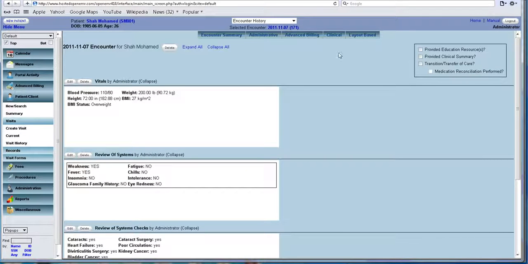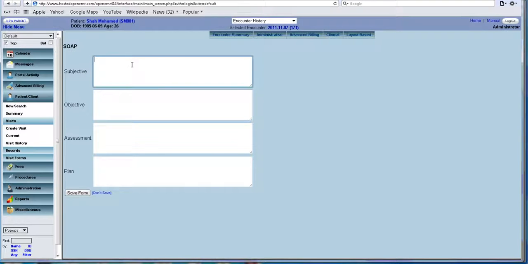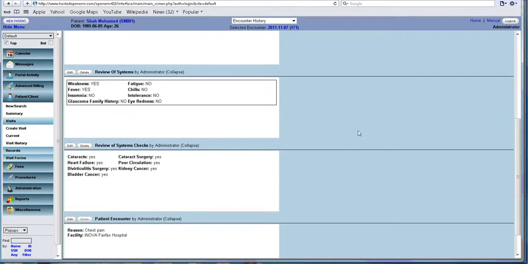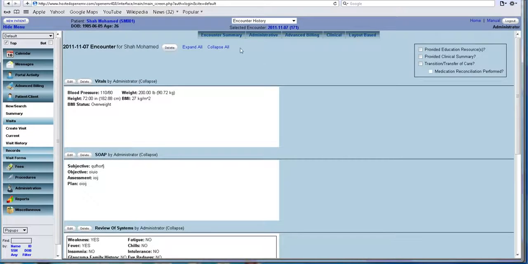Now, a simple straightforward way for most people to do it is to enter a SOAP note here. You can say all the subjective assessments that you have done, objective assessments, so on and so forth. Now, having done all that, you want to write a prescription. You can go back